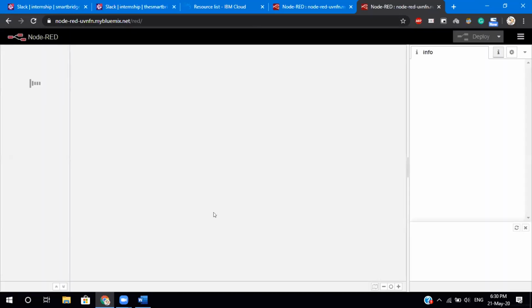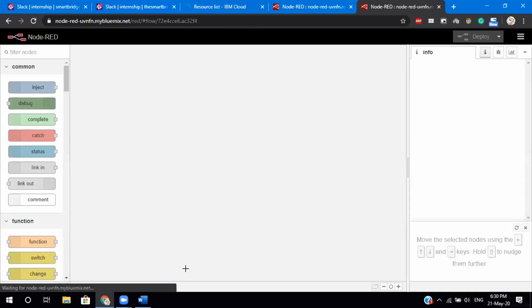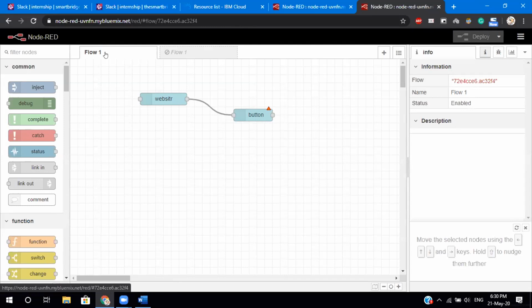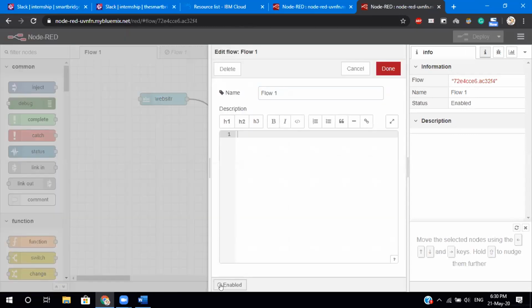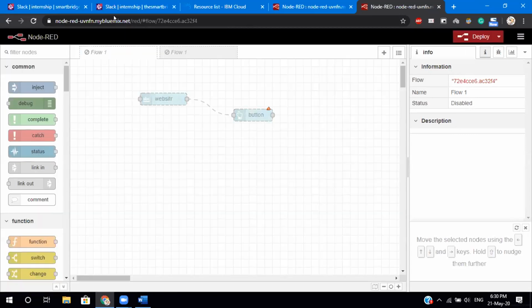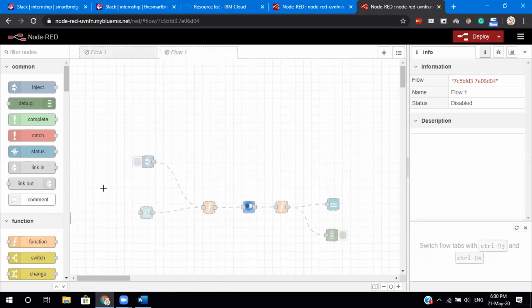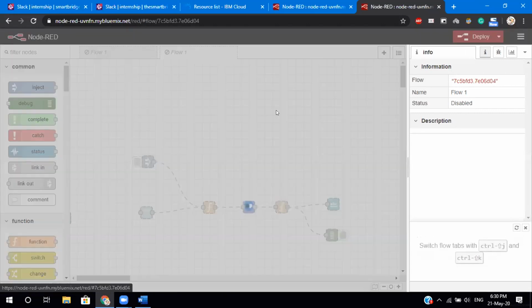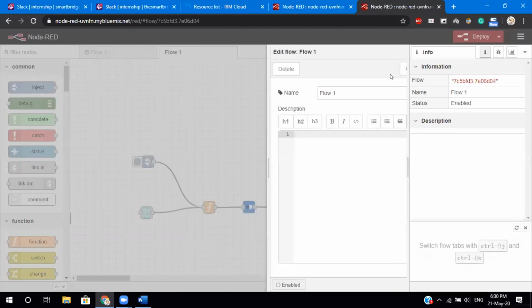So once you are in this flow editor, you'll only be seeing one flow here, flow one. I'm going to enable it.